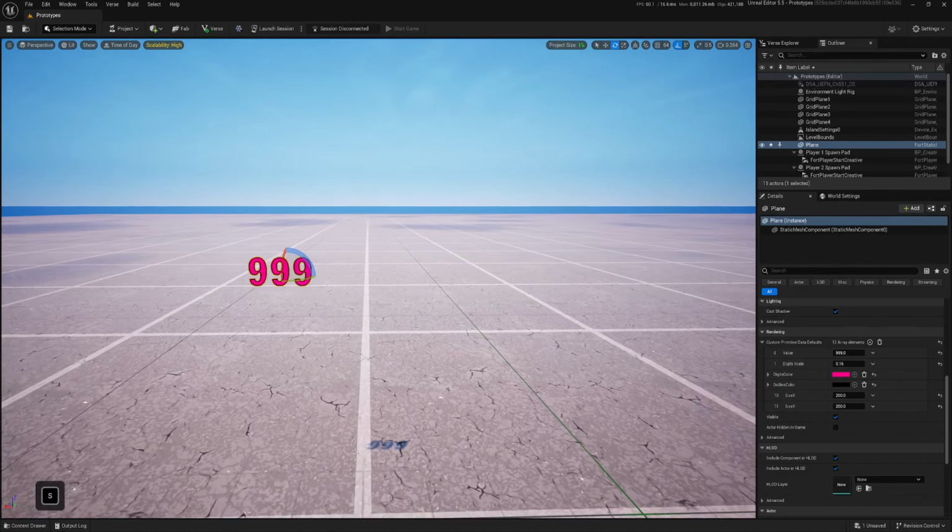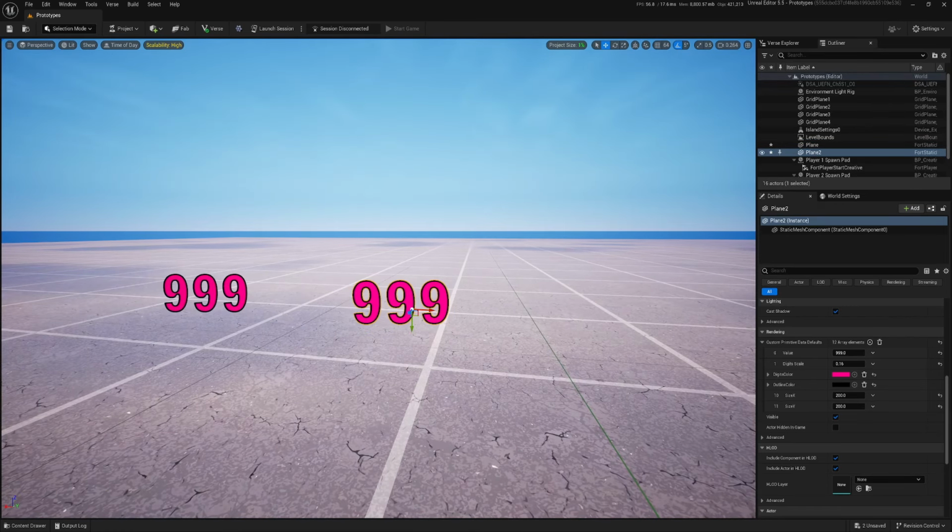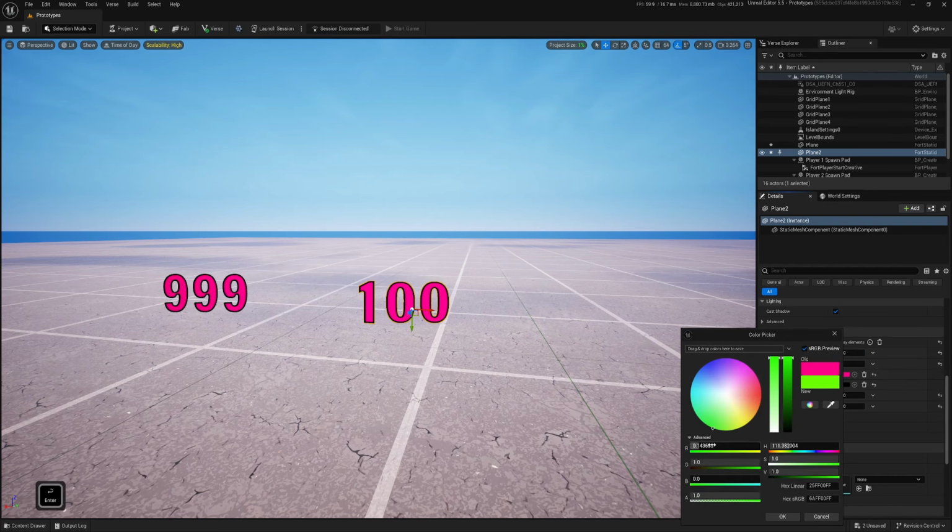Hi and welcome to the video where we will create material which will allow us to set and display any values we would want and use for this just a single small texture, which could be very useful in such